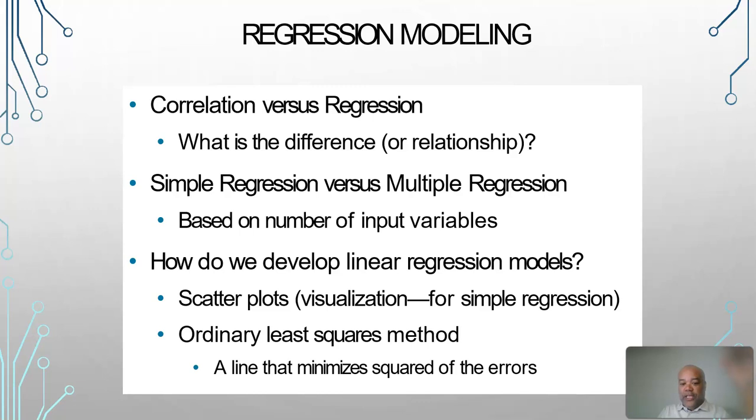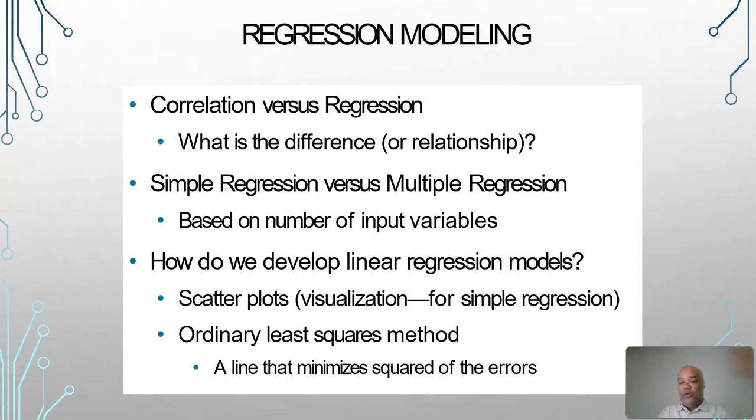Regression comes in two plain forms: simple regression and multiple regression. Simple regression uses one input variable to explain or predict the output, while multiple regression incorporates two or more independent variables. For example, simple regression might analyze how advertising spend influences sales, while multiple regression could include factors like product price and seasonal trends.